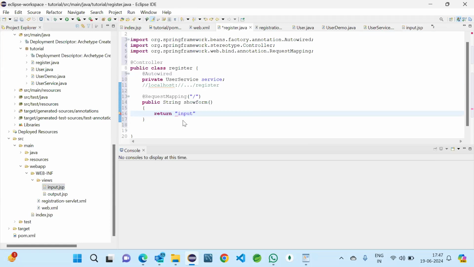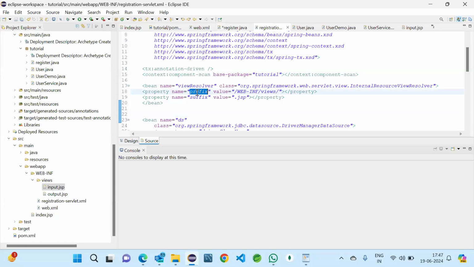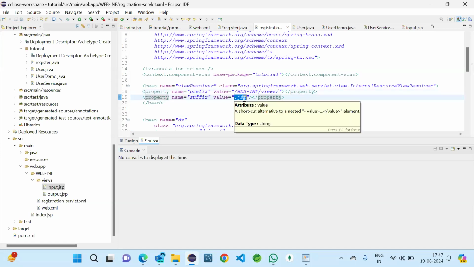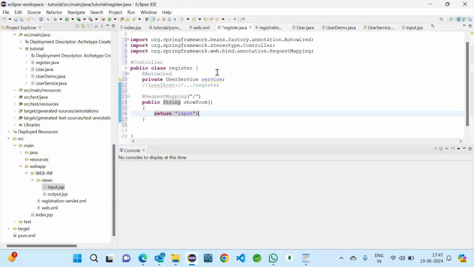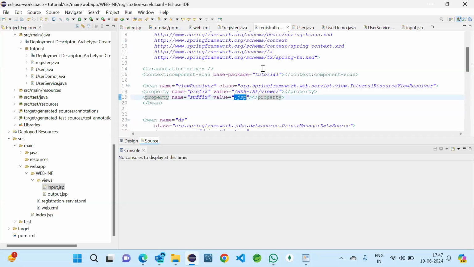I just simply take input because after that .jsp will be coming from the registration servlet, now prefix and suffix. So prefix will take the path and JSP will be the suffix. Here I am returning only input. The suffix will be added from the resolver. At that time it will search for input.jsp at the location WEB-INF and views.